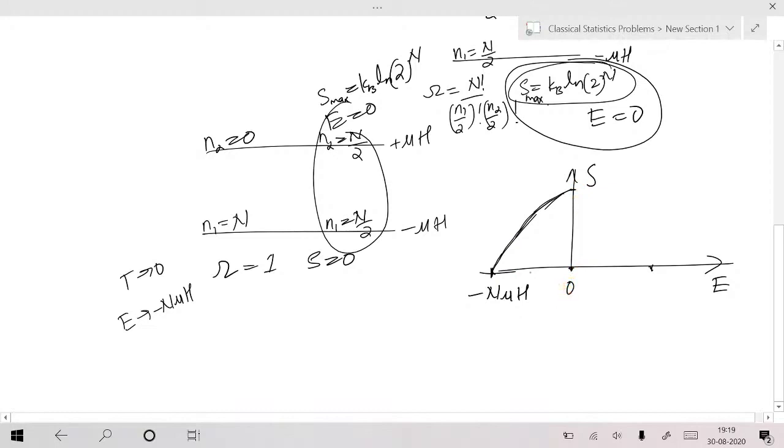This is 0 energy, because when entropy approaches the maximum value, kB log of 2 power n, that means half of the particles are in the ground state and half in the excited state, so the total energy of the system is 0. Entropy is 0 when all particles are in the ground state. Only this will happen in case of thermal equilibrium. That's a very good question. Is that okay? This region will not appear.